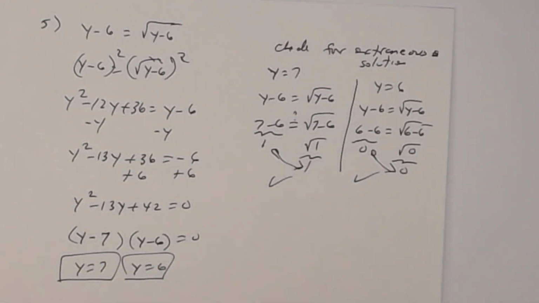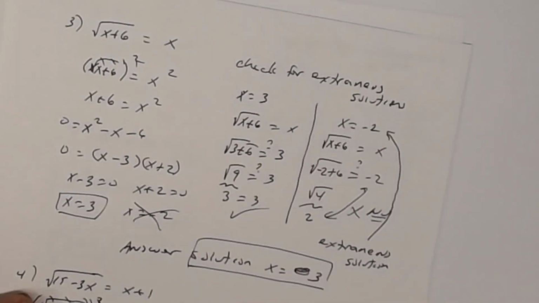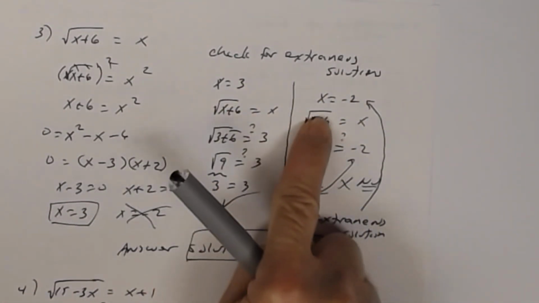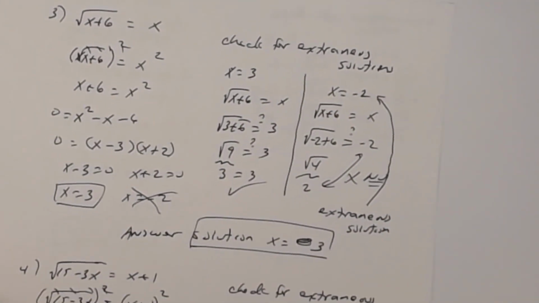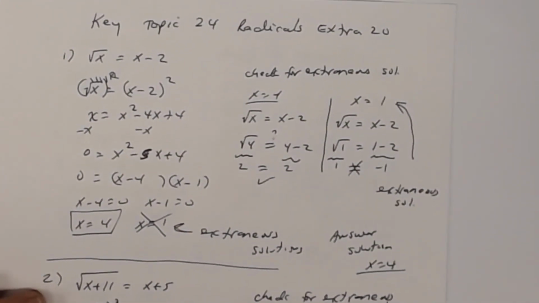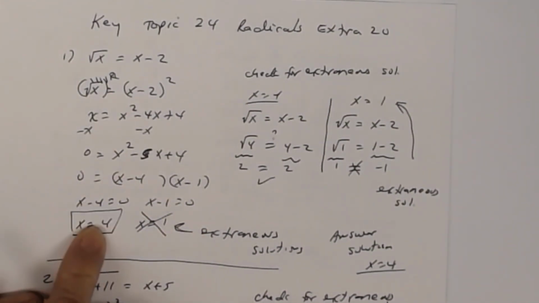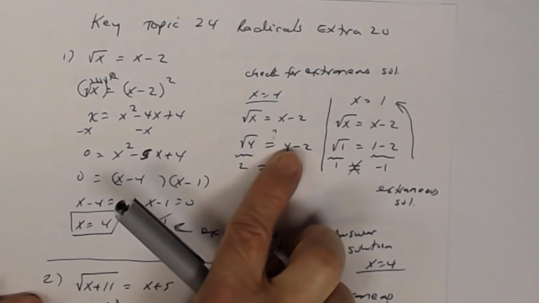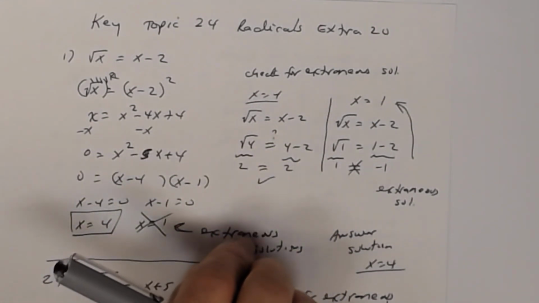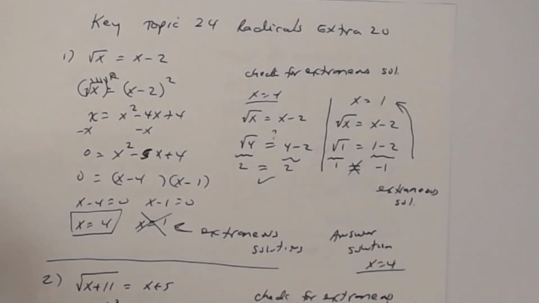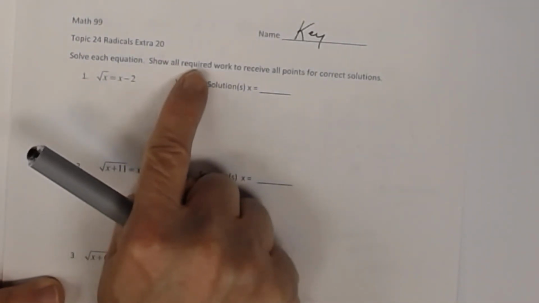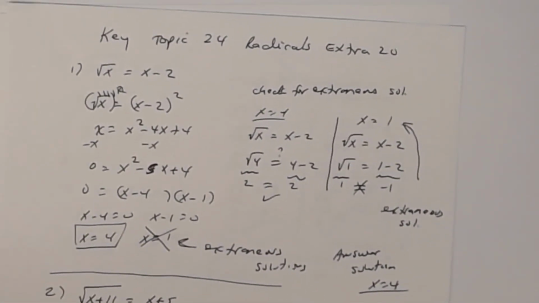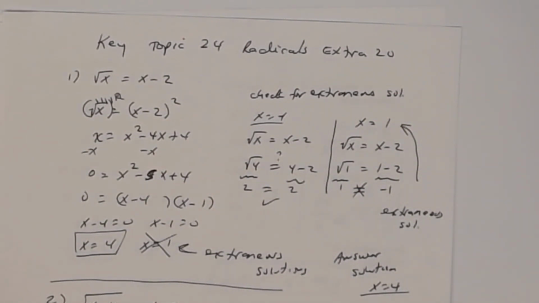All right. Now, it's very important that you all understand that in this process, I showed that I check for extraneous solutions. All right, and so that's part of the process. That's part of the process you have to deal with. You can't just solve. And even if you say you crossed this out, I need to see that you've done this. I need to see this process. Remember, it's a worksheet. You have time to do this. You have time to show your work. So it does say show all required work to receive all points. All right, so that is the key to topic 24, radicals extra